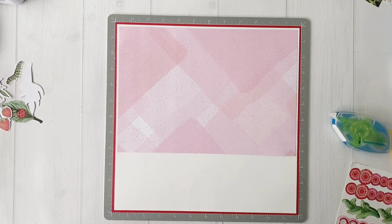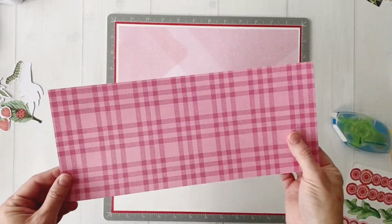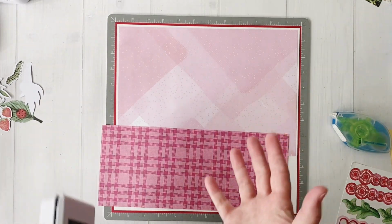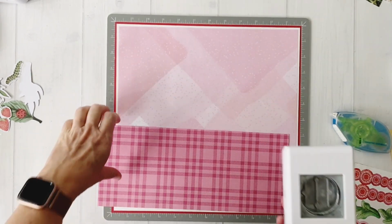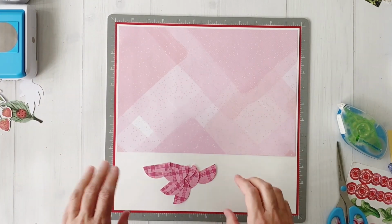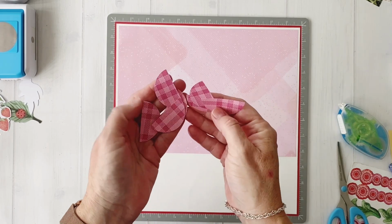Now I was thinking, I really love the reverse side of this paper with the pink check. You know how much I love my checks. We're just going to create a really simple border, and I'm going to use the Creative Memories Circle Punch. This is still available. Okay, so I've punched 4 circles using my circle punch, and I've just cut those circles